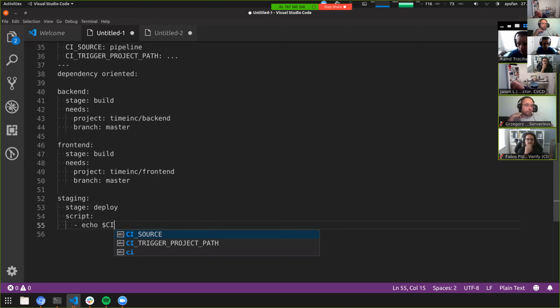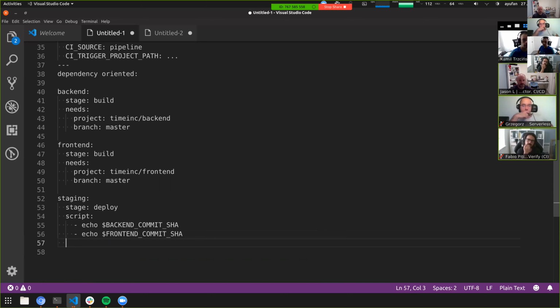So then you could take a look at that we are deploying staging, and we have access to maybe backend, some information about all these dependencies in this project. So for example, we could have variables that are implicit, just like commit SHA, and we could deploy exactly these dependencies as we did run this dependent pipeline.